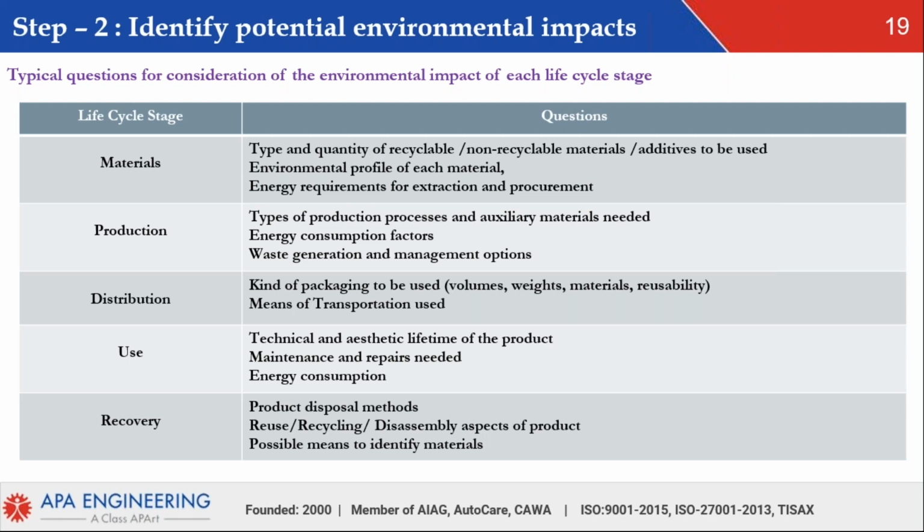In the raw material stage, we have to check out the type and quantity of material to be used. And also, we need to analyze the environmental profile of the selected materials and understand the energy requirements to extract those materials. Likewise, in the production stage, we need to assess what types of production processes will be used and how much the energy consumption would be. During the manufacturing process, we have to look at the types of waste generated and how it is to be